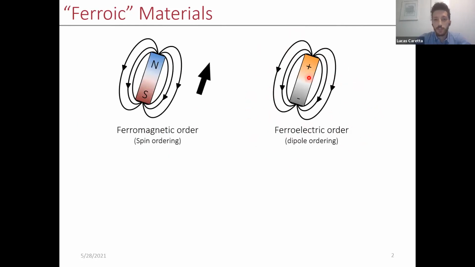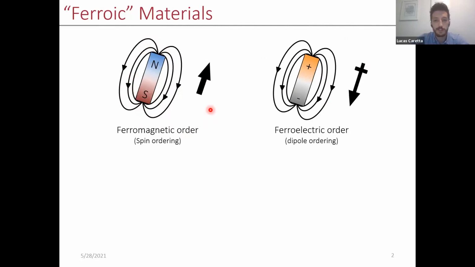Now, often when we think of these systems, we think of them as single domain systems, or for example, in magnetic systems, we think of macro spin models and things like that. In ferroelectric systems, we often think about single dipole models. In fact, these types of systems are very rare. Really, they're actually kind of difficult to engineer. For example, like refrigerator magnets, bar magnets are not a trivial thing to engineer.